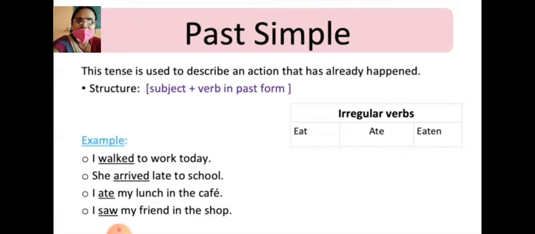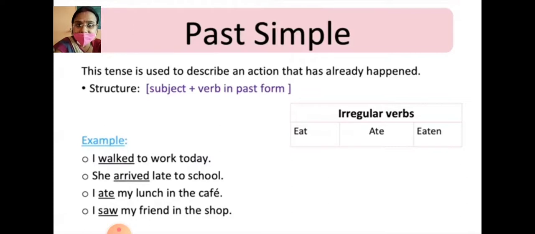So students, for past simple, the common formula for the structure is subject plus verb plus other words. When we talk about present, your verb is supposed to be the base form of the verb, the first form. And when you talk about past, I already told you which form you are supposed to use, that is your verb second form. So if you want to study tenses properly, I request all of you to learn all the verb forms very carefully. You can see here, for example, eat, ate, eaten. There are some irregular verbs.